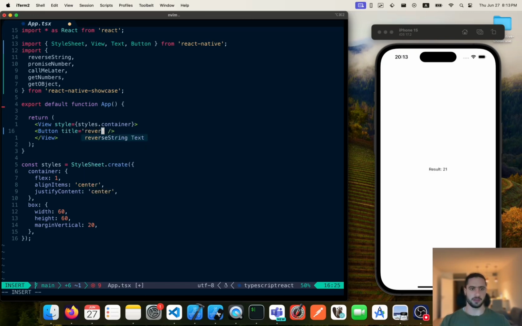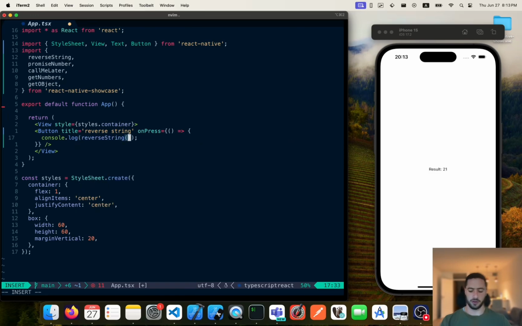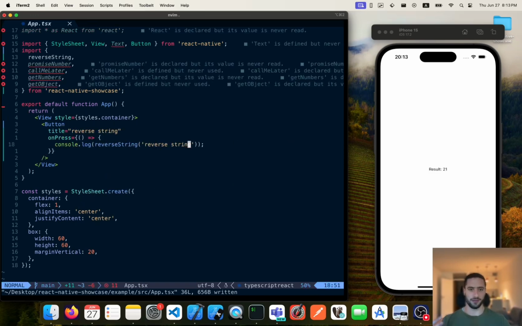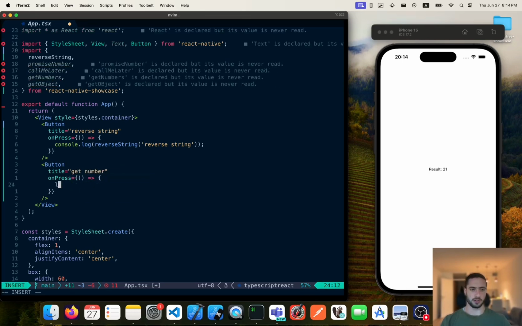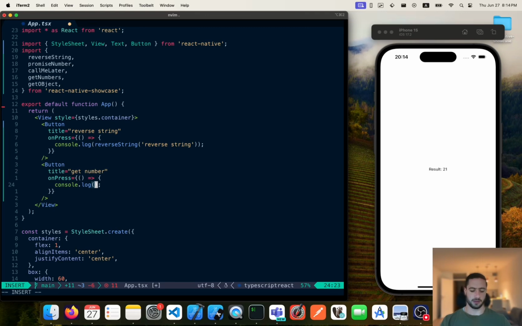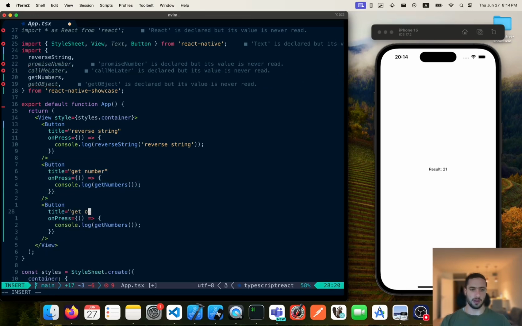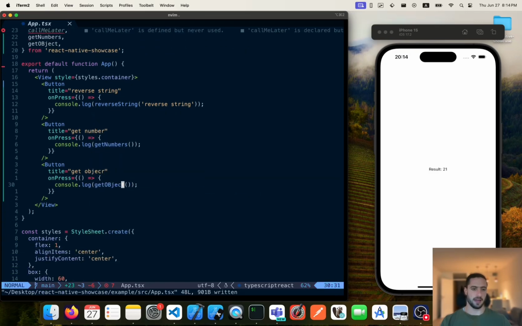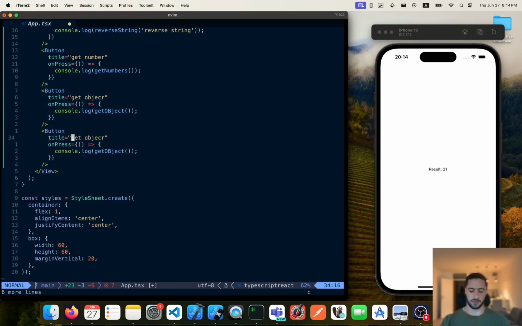Let's do reverse string, and in the onPress, we are going to log the result of reverse string, and I'm going to pass it the string "reverse string" to reverse it. And then we are going to create another one and call it get numbers, and we are just going to log get numbers. Then let's do get object, and log get object. There's a typo there, but